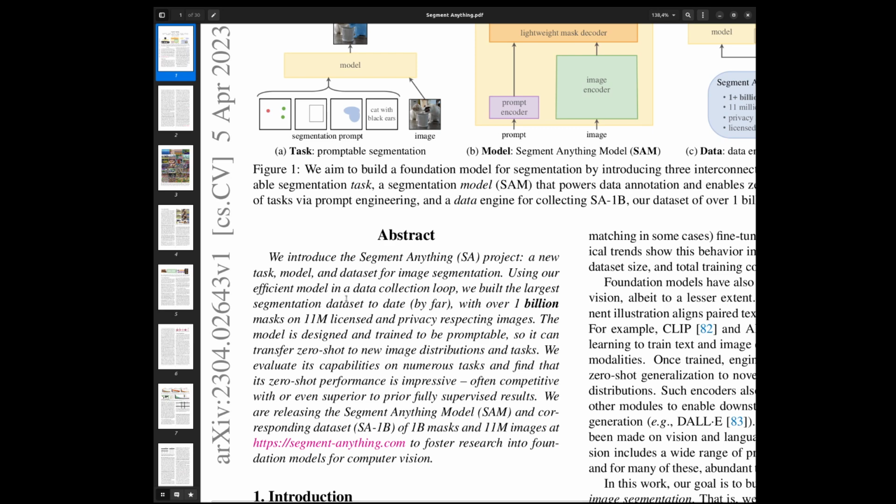Okay. Yeah, but to me, it's kind of, I don't want to say weird, but interesting. So I guess being able to annotate 1 billion polygons is an expensive process, right? And I kind of wonder why they are releasing this model fully open source? I mean, it's Meta by the end of the day.